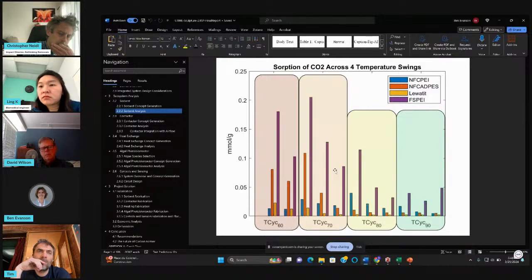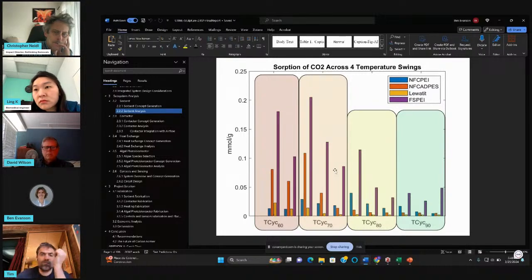Okay. So it's not the best. We did what we could with the limited amount of time we had on the TGA. But you can see that FSPEI maintains the whole time the most ability to swing across each one. And so you see when we go from 60 to 70, on 60, we cycle it twice